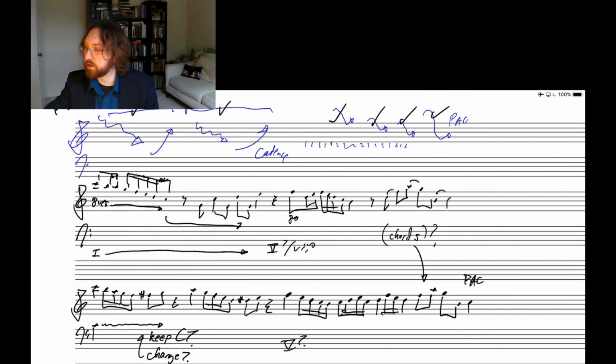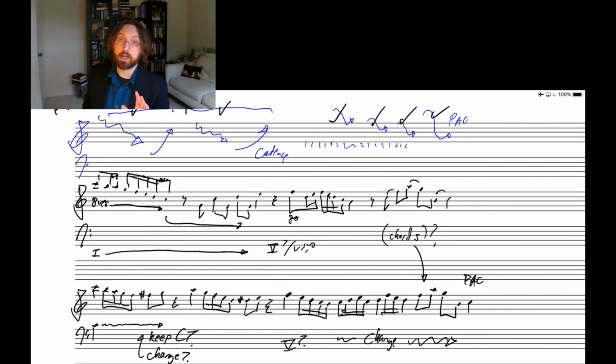So now we've got those ideas that I had written out. Now we have this sketch of what a primary theme area might look like. From the top. Now we'd probably have to change harmonies in here somewhere, but we'll work that out when we come to a finalization of that idea. For now, that's the primary theme area,